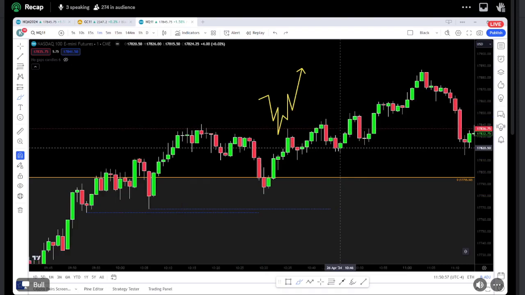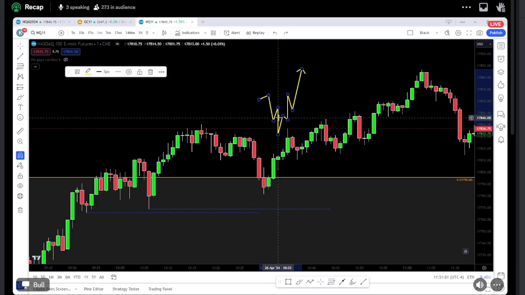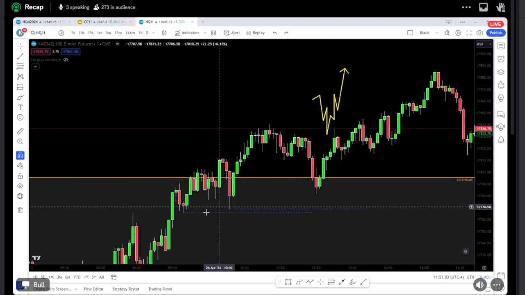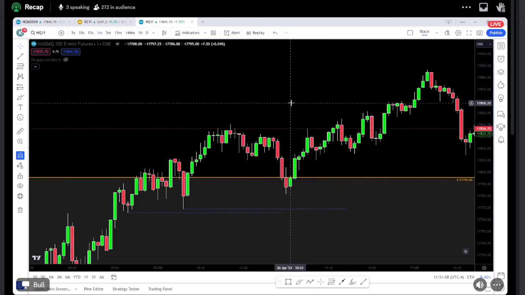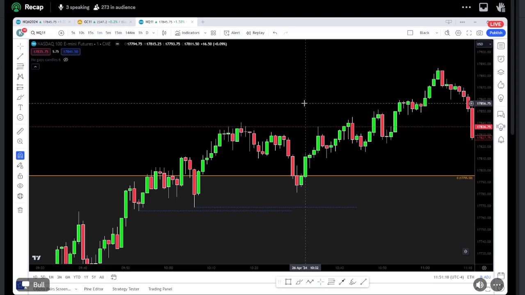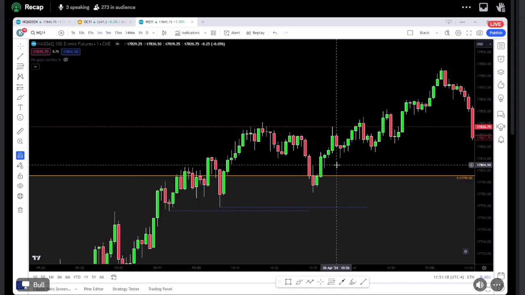Now, with the understanding that price is fractal, we see something like this. We see it on a higher time frame. We're now looking for a lower time frame to facilitate our movement in the direction of the trend, right? Candlestick flips do not necessarily mean reversals, right? So if you see candlestick flips,